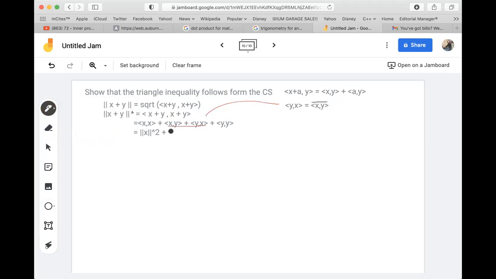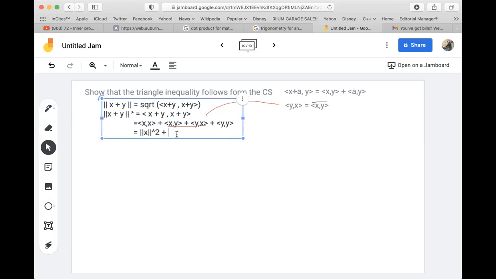Okay, so from there, this one, we will have